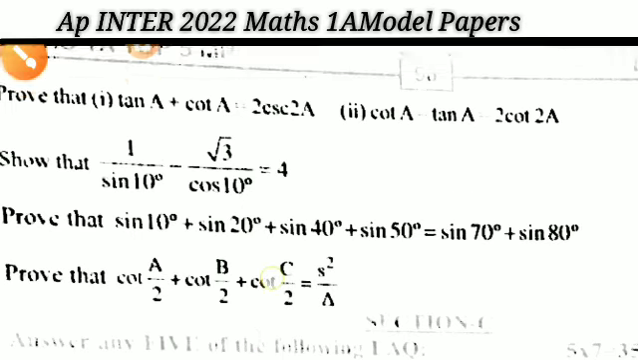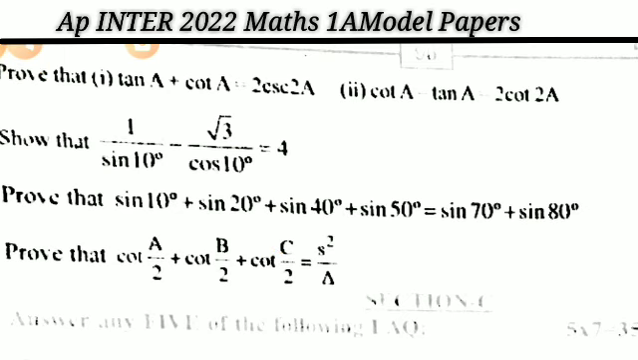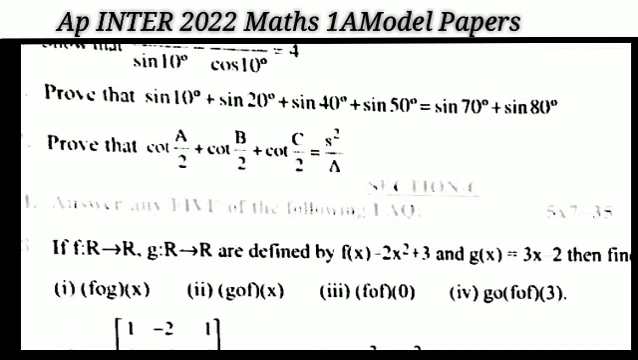Prove that tan A plus cot A is equal to 2 cosec 2A and cot A minus tan A is equal to 2 cot 2A. Okay. And 15th one, show that 1 by sin 10 minus root 3 by cos 10 is equal to 4. Next, 16th one. Prove that sin 10 plus sin 20 plus sin 40 plus sin 50 is equal to sin